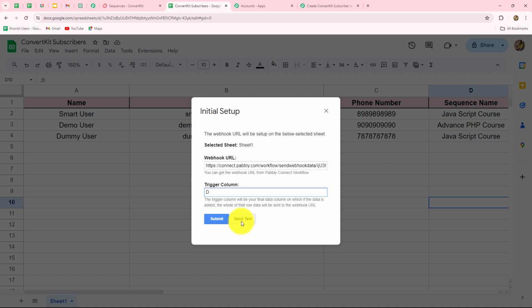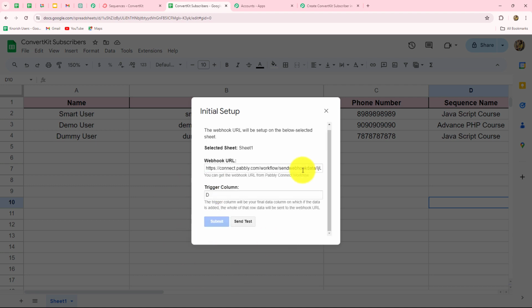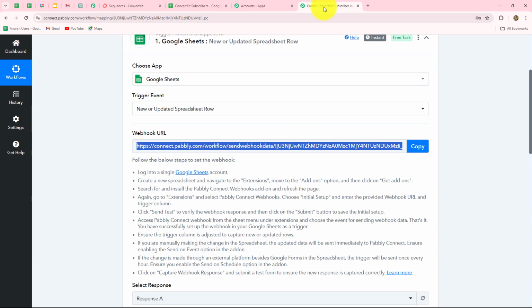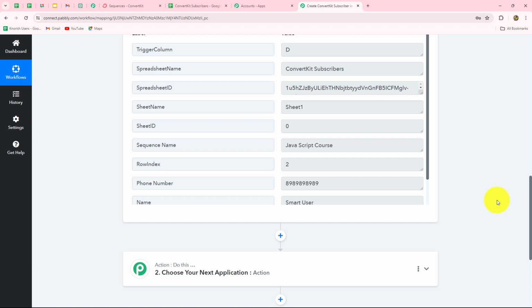Okay. Now we are going to click on the send test button to send the test response of this smart user towards Pabbly Connect. And as the data is sent, let's click on submit to submit the initial setup. Because our setup is configured successfully, let's just cross this. Now you'll go back towards Pabbly Connect, and here we can see that we have already received the response